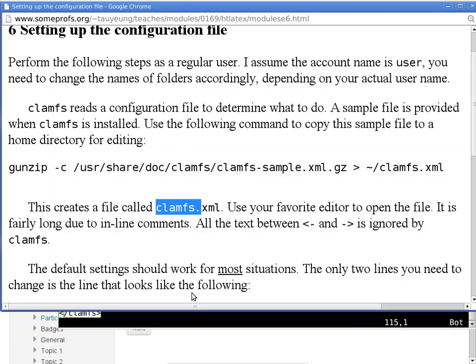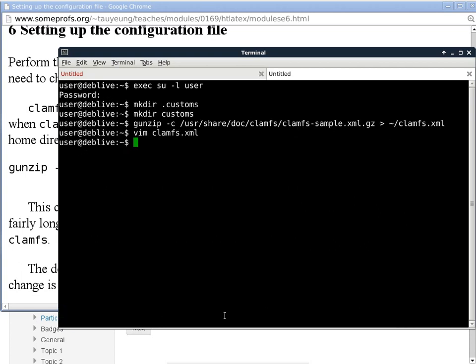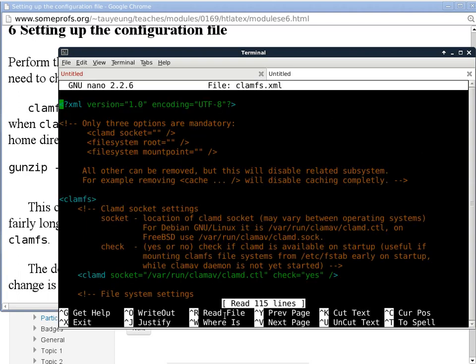Does everybody know how to use at least one of the two editors that are built into Linux, either Nano or VI? Okay, if you guys want me to kind of quickly go over one of these two, Nano is the easier one to learn because the learning curve is a lot shallower with Nano. Now with Nano, it has built-in help also,